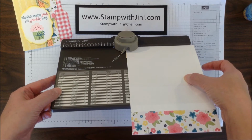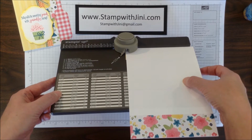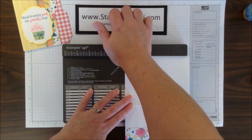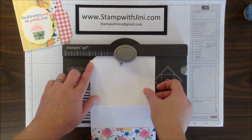I'm going to flip this up a little bit so that you can hopefully see it a little better. It's right up against that taupe plastic, and you can see the entire silver metal insert of the punch. So now that I've got that lined up, I'm going to punch, and then I'm going to move this side over to the 3-inch mark